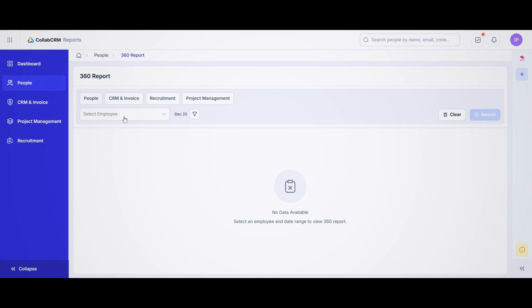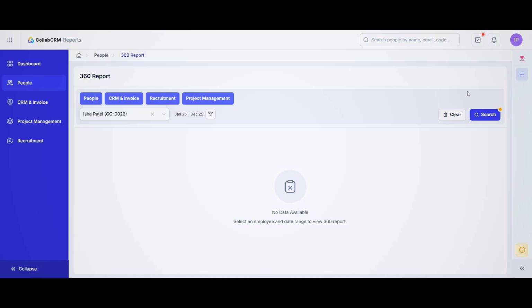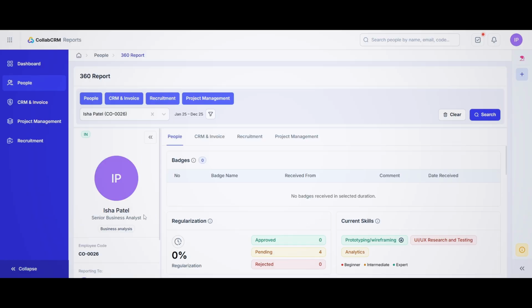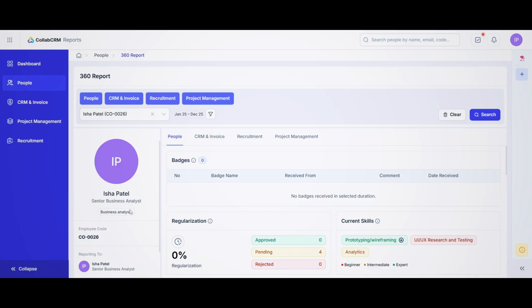Let us check an employee's report. Select the employee, filter the time duration, and select the modules that you want to include in the report. Now, as we can see, you'll find the employee's designation, their employee code, the reporting manager, and on the right,